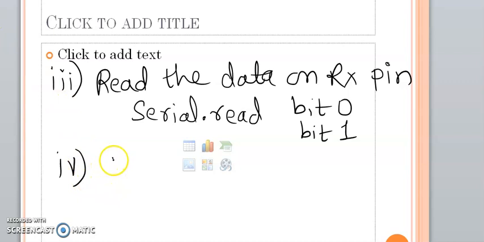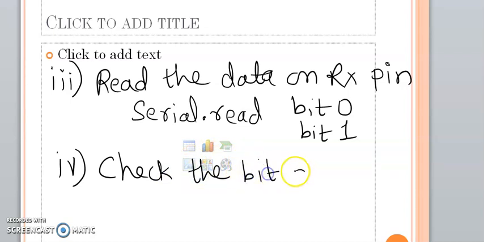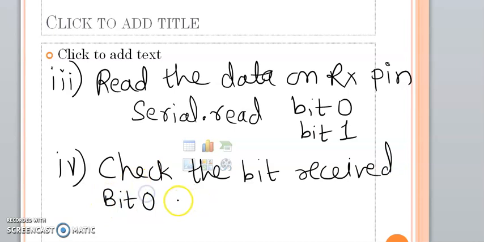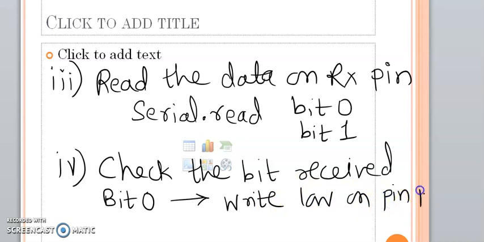So here you need to check the bit received. If it is received as bit 0, then write LOW on pin 13, because on pin 13 we have connected the LED.